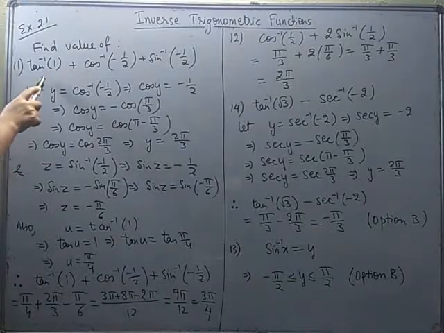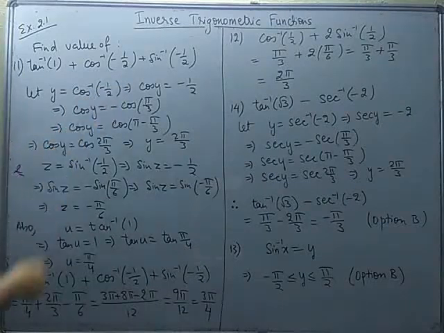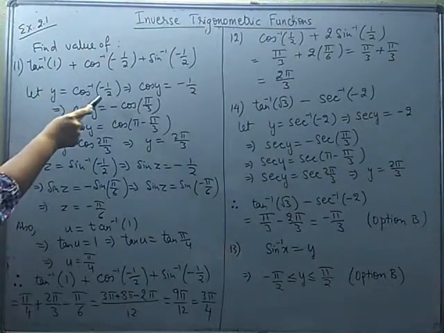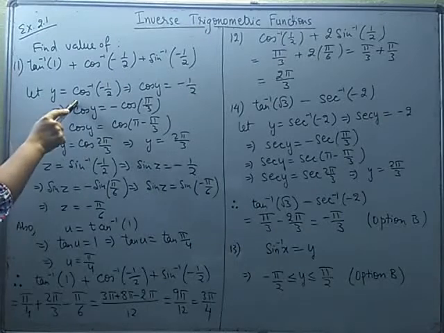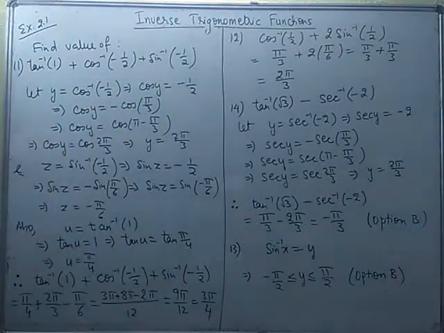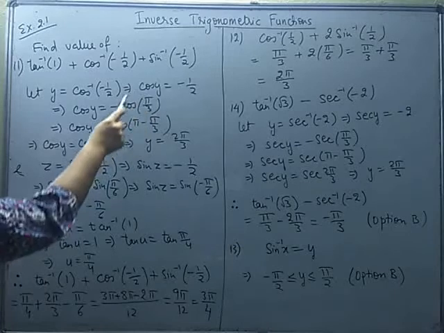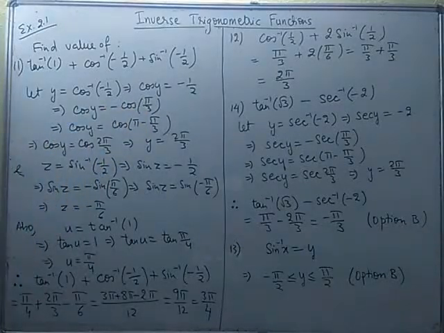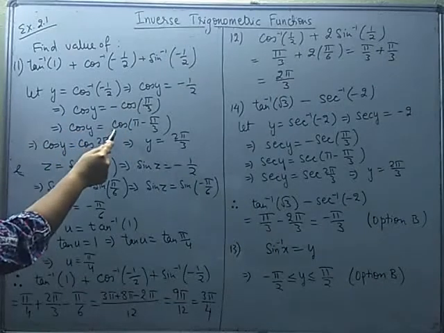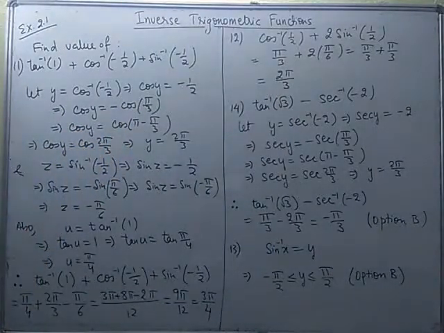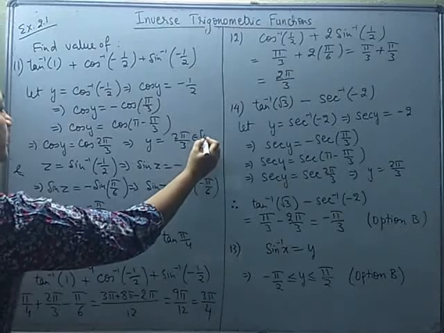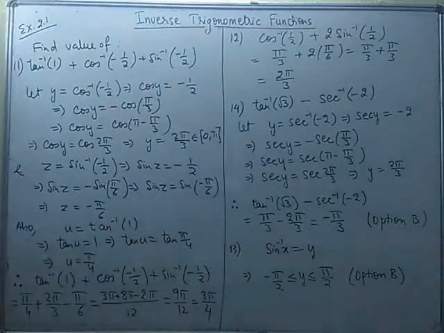But in this solution you can see each part has been solved separately and then they are added. The second one is cos inverse minus 1 by 2. Assuming y to be cos inverse minus 1 by 2, we have cos y is equal to minus 1 by 2, or cos y is minus of cos pi by 3. Further, minus cos theta can be written as cos of pi minus theta. So this reduces to 2 pi by 3. Cos y is cos 2 pi by 3, which implies y is equal to 2 pi by 3. And you can see this belongs to the required principal value branch, that is 0 to pi.